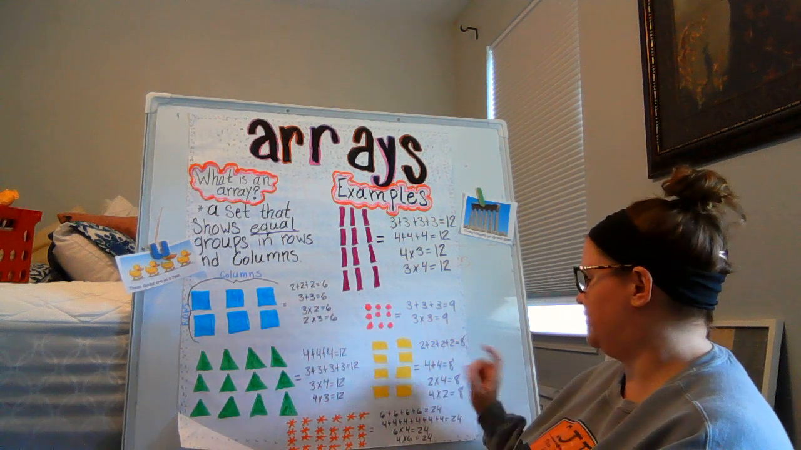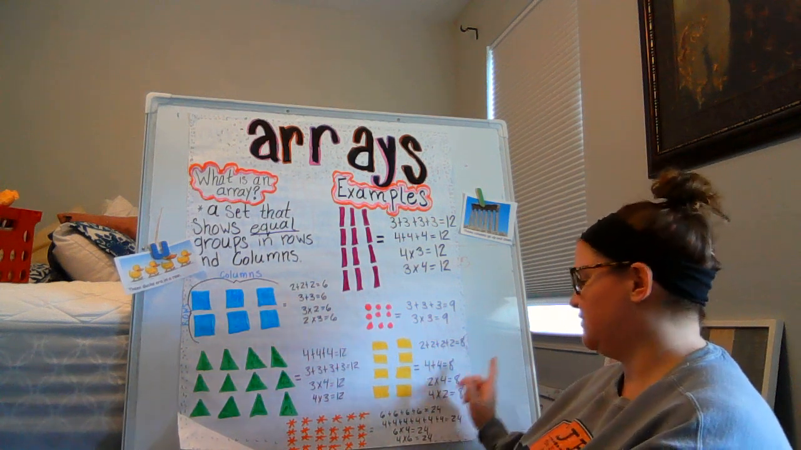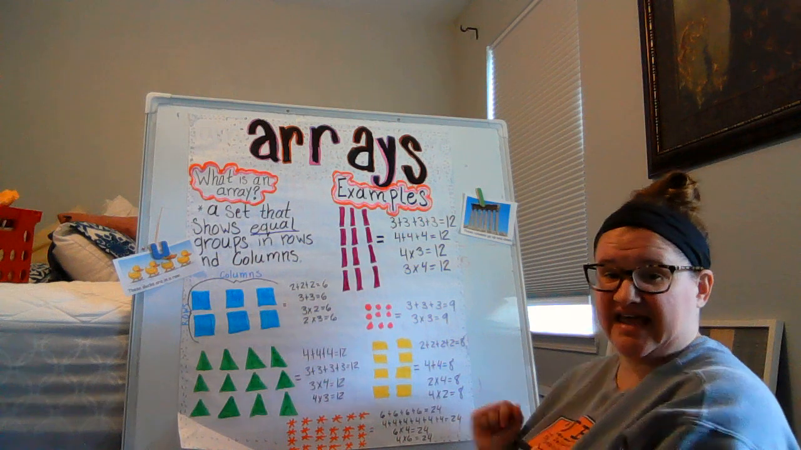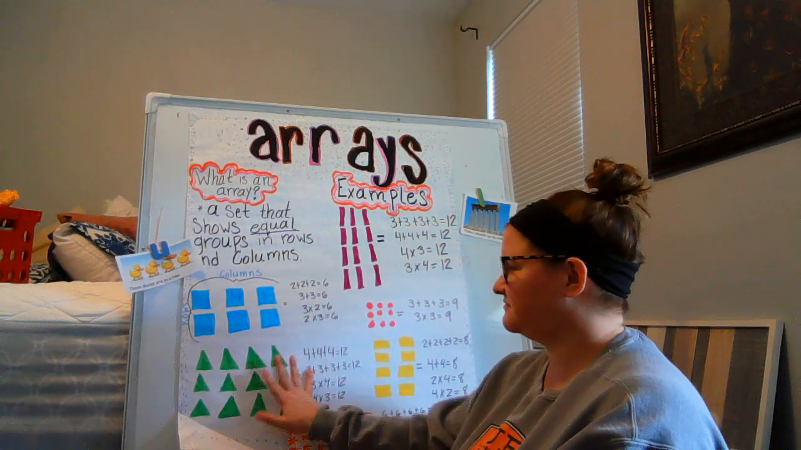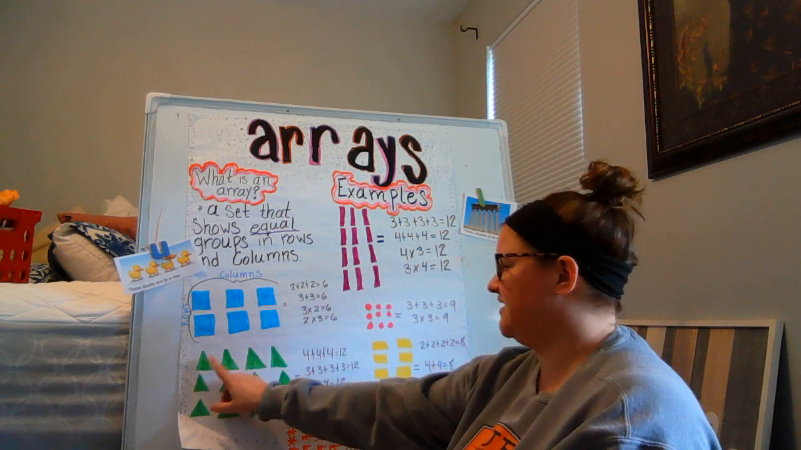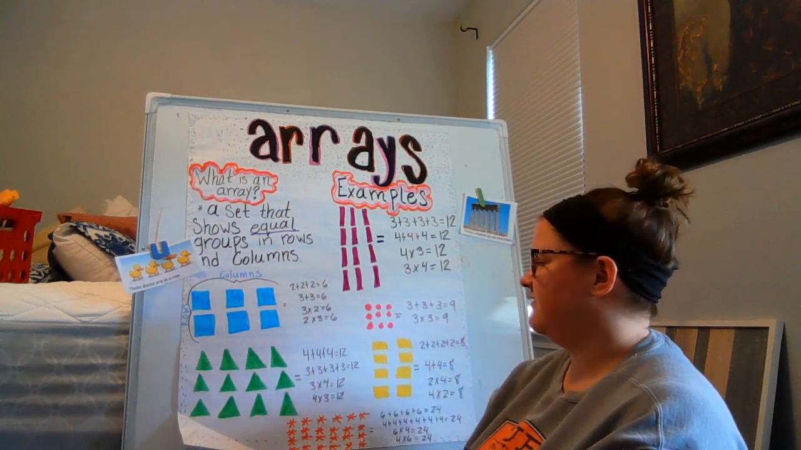So we do 4 and 4 is 8. 2 times 4 is 8. 4 times 2 is 8. Great job. All right. So now we have 1, 2, 3, 4